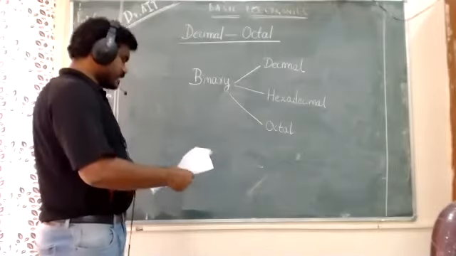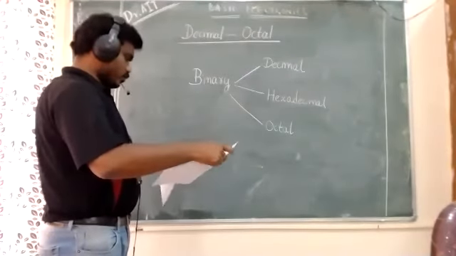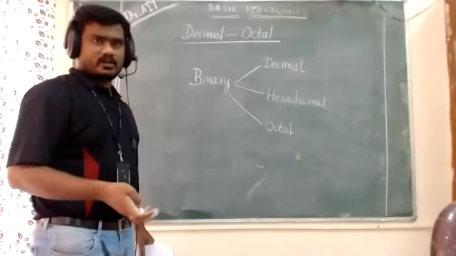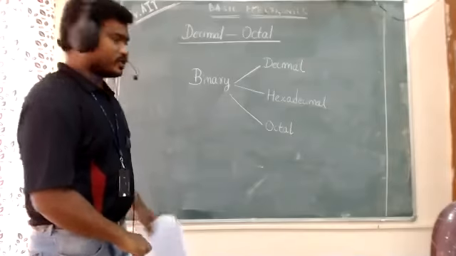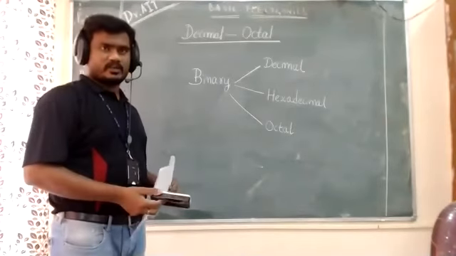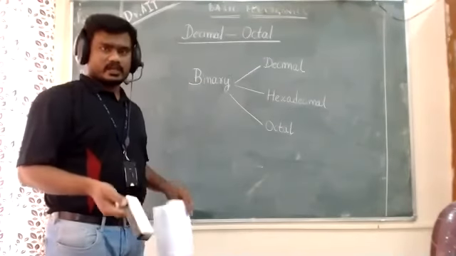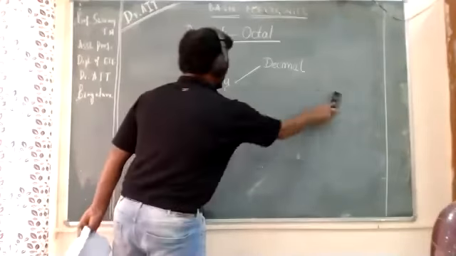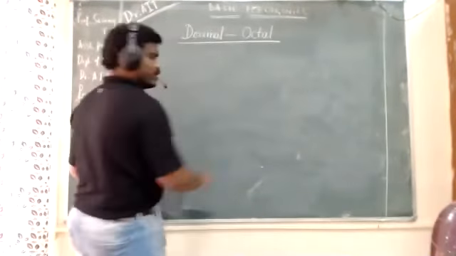Okay, I will take the first example. That is how we can convert the binary number to a decimal number. That is the first topic. Okay, if the meeting ended suddenly, I request everyone to log in once again. Because of some network issues, sometimes the meeting will end without our notice. That's why I request everyone to log in once again with the same link. Okay, so we'll take the first one.